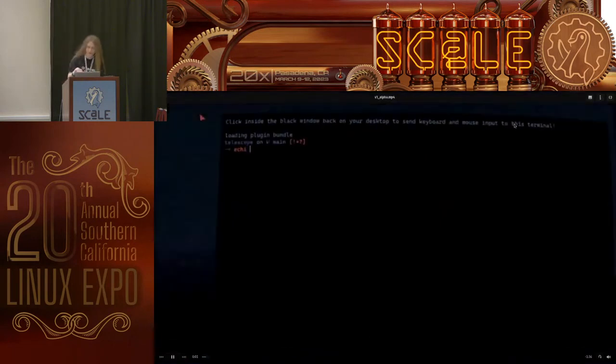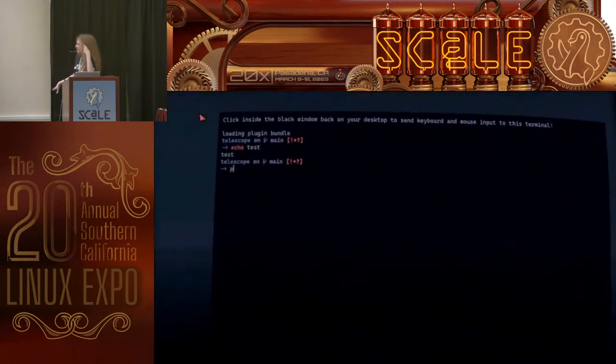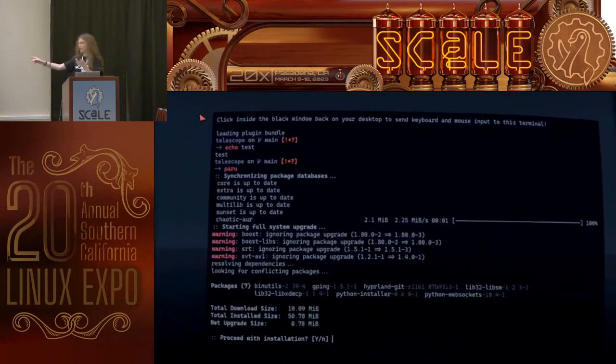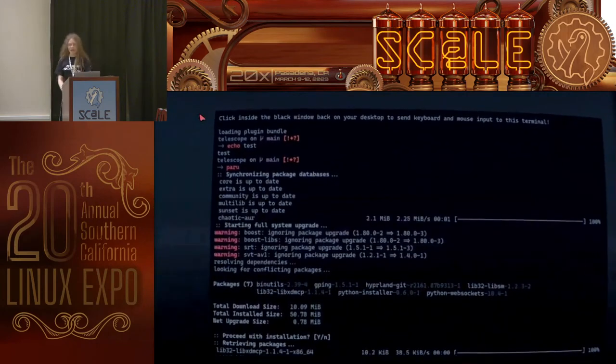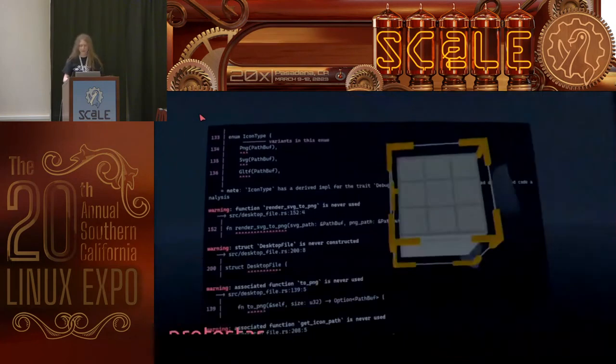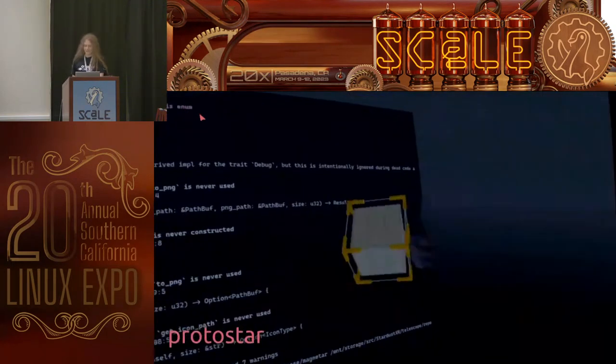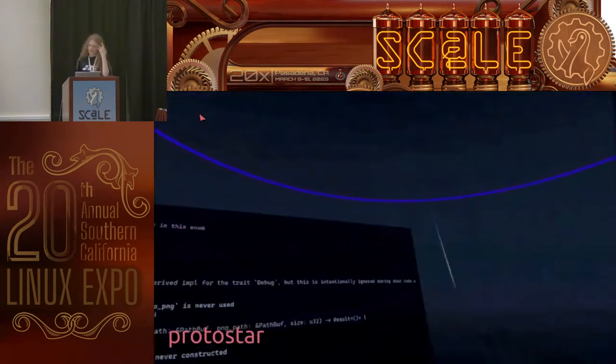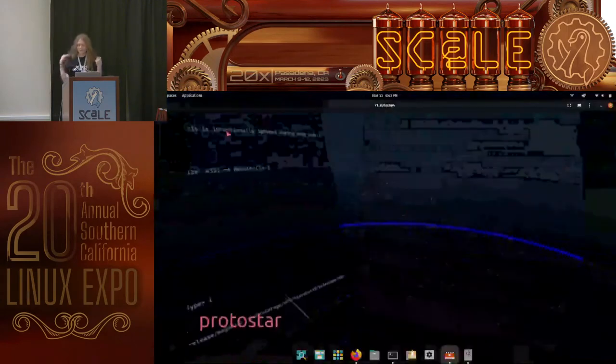This is a whole demo of a bunch of different clients that Safira Kai took video of and edited. This one works really, really well. So this shows off Protostar, right? And the whole point of Protostar is that you should be able to take